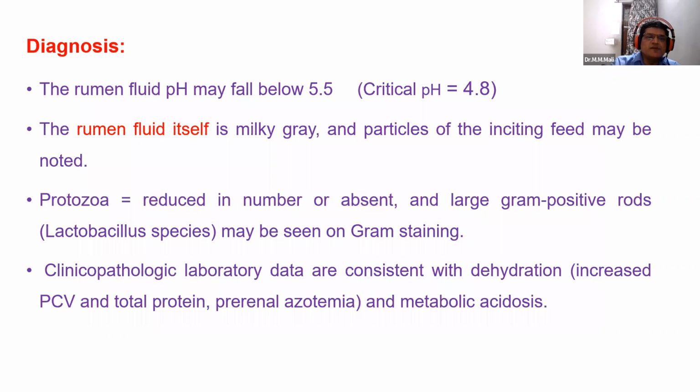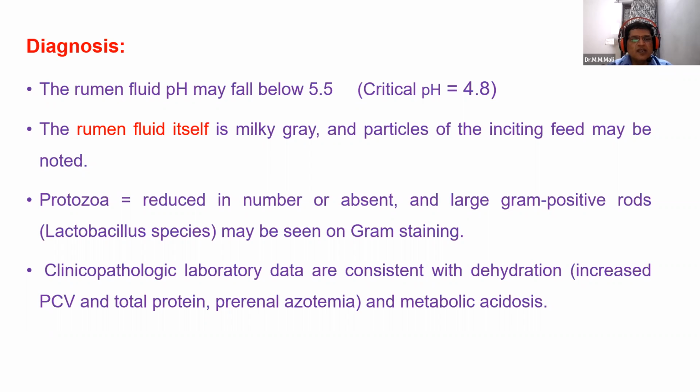The diagnosis can be made with the help of the estimation of the rumen pH, and it always falls below 5.5, and a pH around 4.8 is always regarded as critical. The rumen fluid itself is milky gray, and particles of the in-sitting feed may be noted. The protozoa counts in the rumen fluid may be reduced or absent, and large gram-positive rods may be seen on